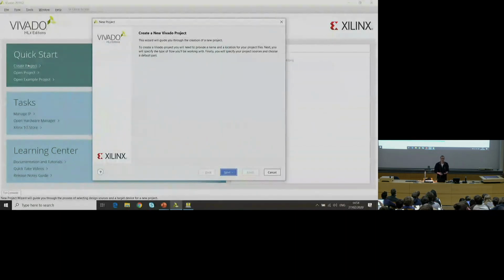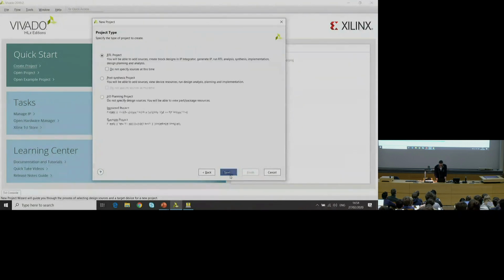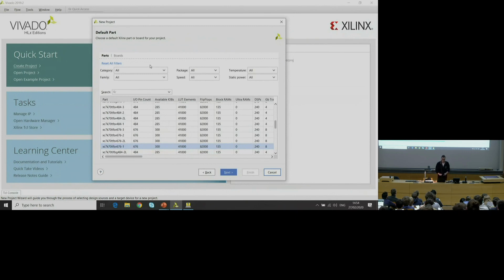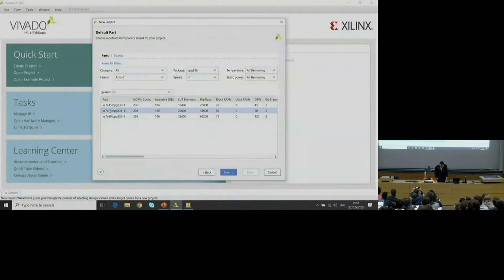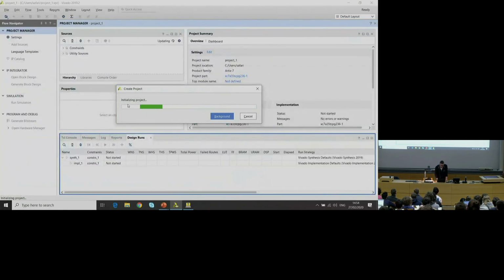Okay, so this is how Vivado looks like. Again, we'll have more detailed tutorials in the manuals we will distribute, but you can also refer to this video later. So here, let's create one project. I will just quickly continue through those parts. This is important. In this screen, we have to choose the FPGA that we are working with. You don't have to memorize this right now. It will all be given to you in the manual, but this is the particular FPGA chip that we have on our boards. Okay, so I create the project by selecting that particular FPGA,